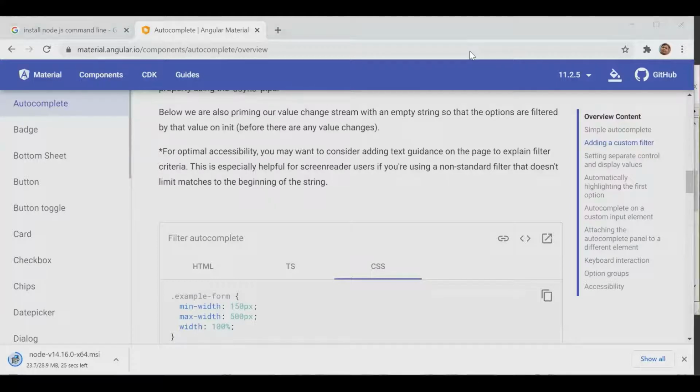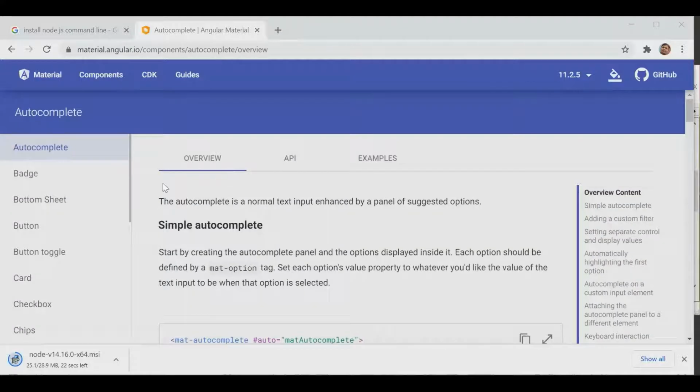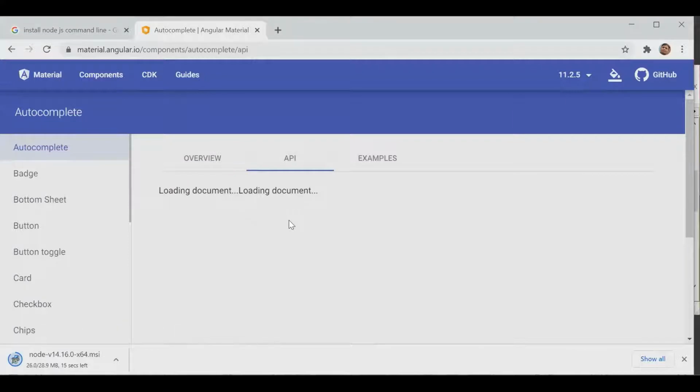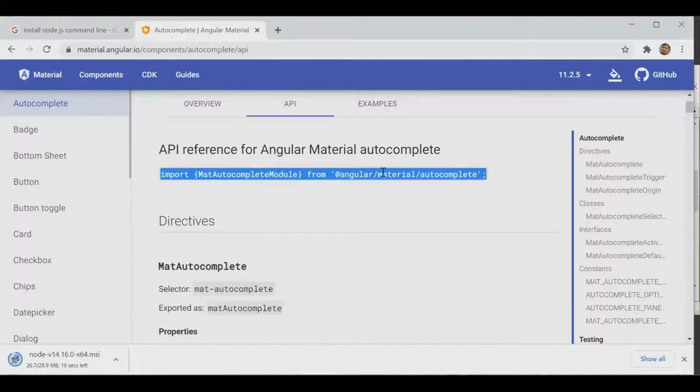Okay. So here we are getting HTML, CSS, and these. So first, as we communicated, 3 sections will be here for every component. First is overview, then API, and in the API, we will get the detail that whenever we are going to use this autocomplete, we need to add this as a reference in the project.